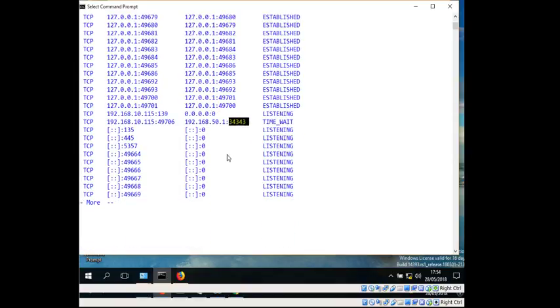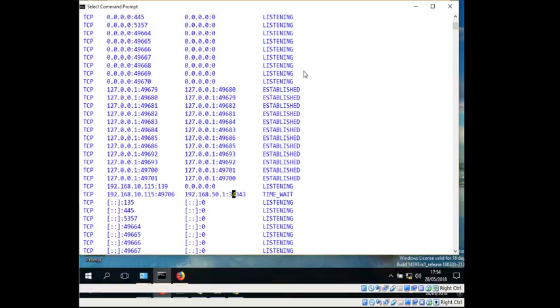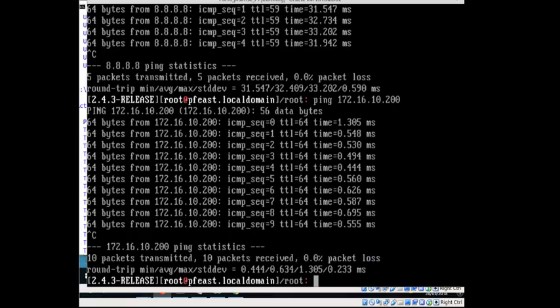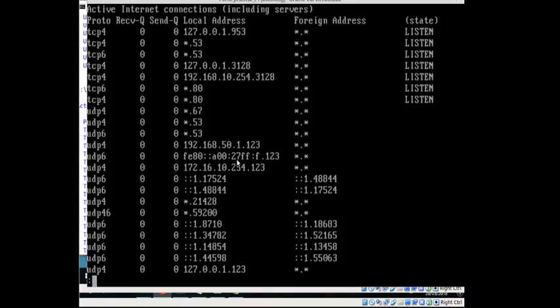The only thing is that we can't see the HTTP port or the port inside on the DMZ on the pfSense. But if you do a netstat here, saying -ntap, and we'll do a less here. Now you can check that